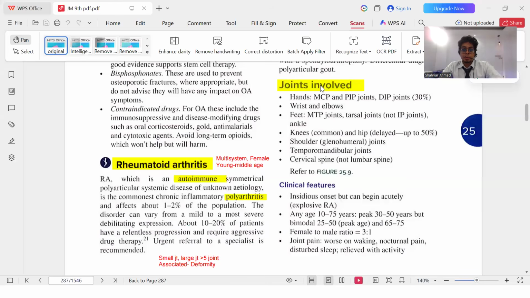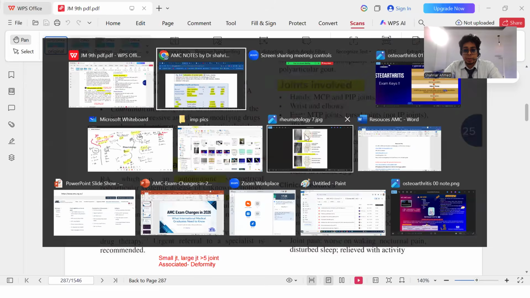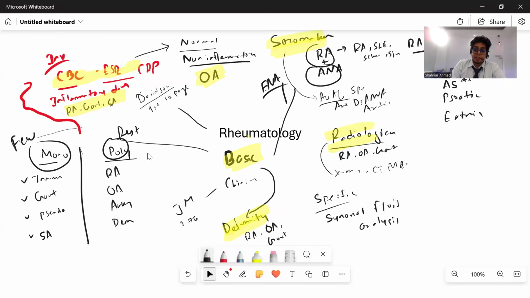All right, now let's get back to John Murtagh. At this point, again, a few terms already mentioned: it is a multi-system disease, with not only articular but also extra-articular manifestations. If you open Davidson, you will see a box on extra-articular manifestations. Age groups are often young and middle-aged, female often. Here's an interesting thing, which I think I should have also talked about in the basics. If we rule out the sex ratio, in which particular sex are rheumatological conditions more common? What do you think? So mostly female is more than male.